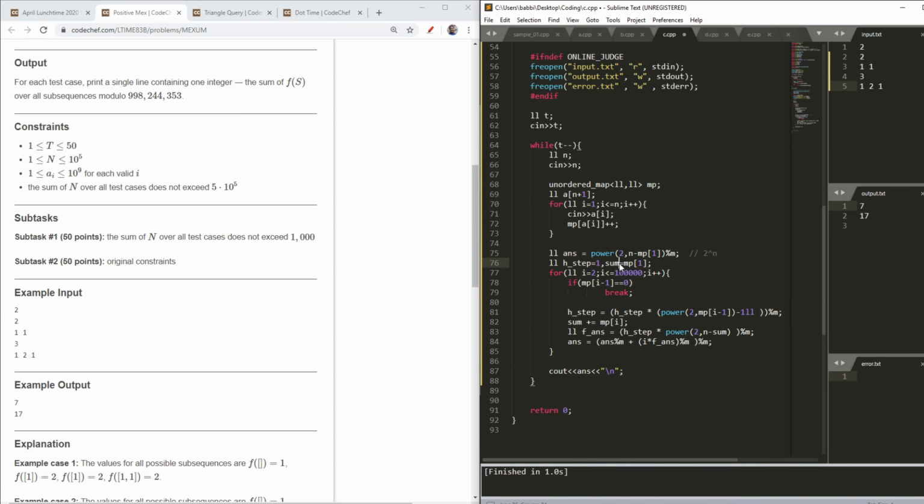At each step, as I already showed you, at each horizontal step I will have my answer. The sum is the sum of the number of elements I have up till now, because at last, as I showed you in the F answer, I need n minus the sum. If you are not understanding this, I recommend you go and watch the explanation video, which is just before this. So you can move back.